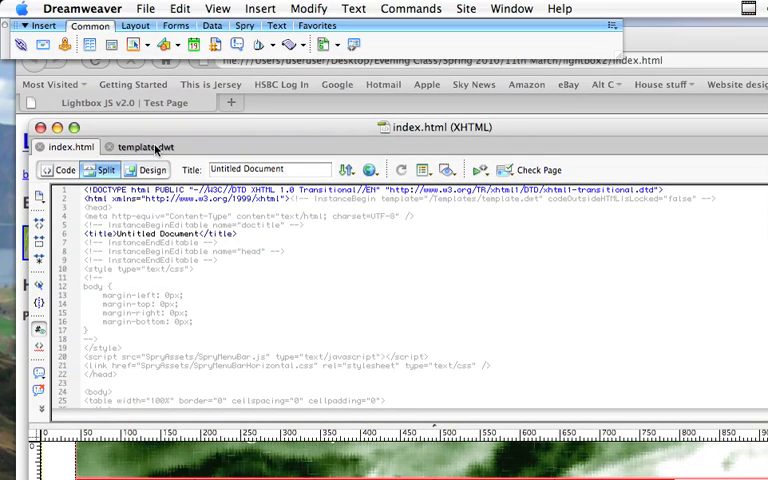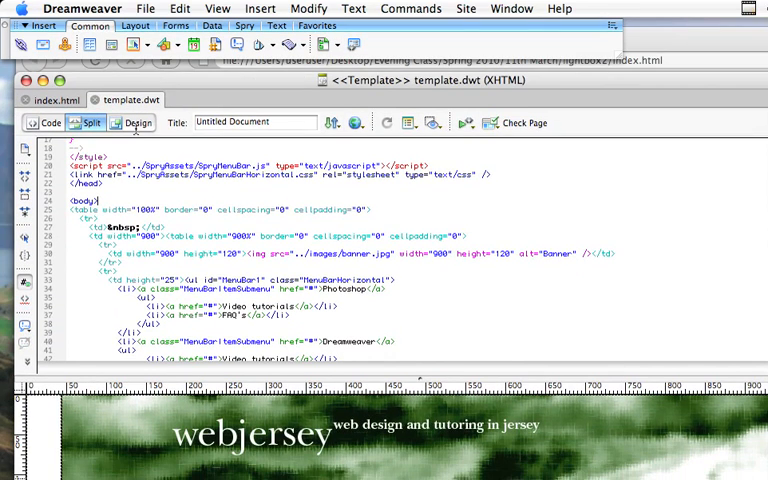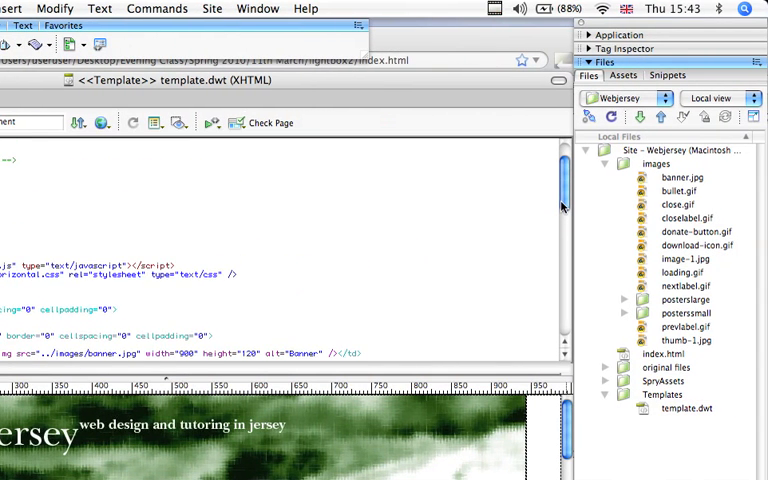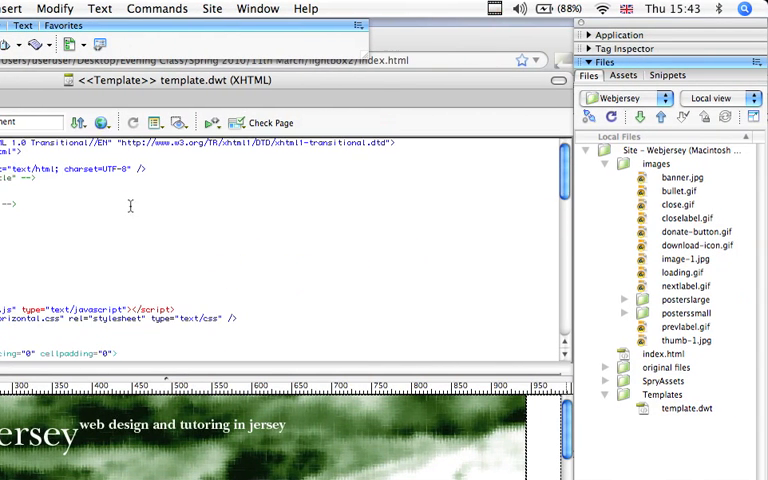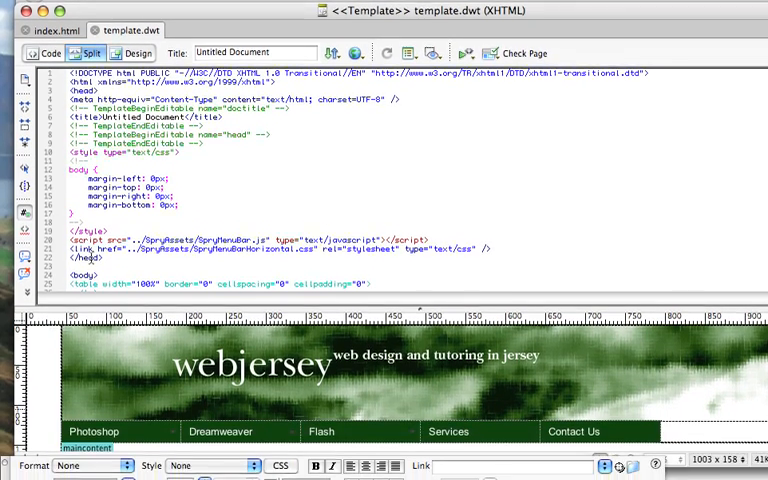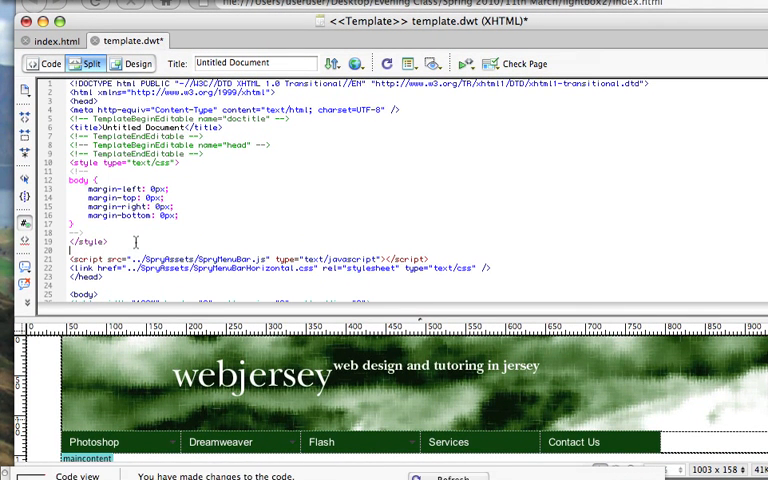Then go to the relevant page, so template, and the header is at the top of the page in the script. And you can see the head starts here and finishes down here. So simply find a good area to put it within